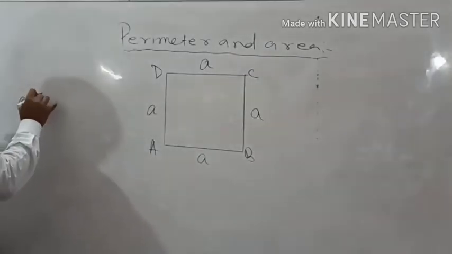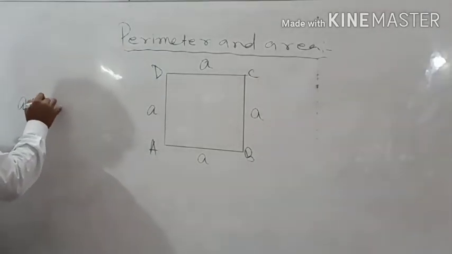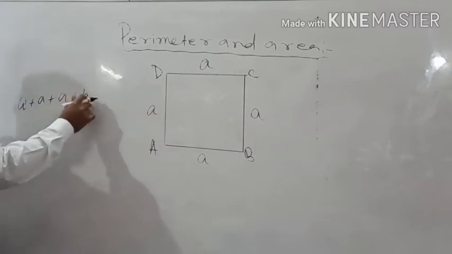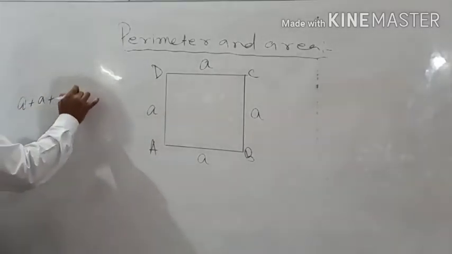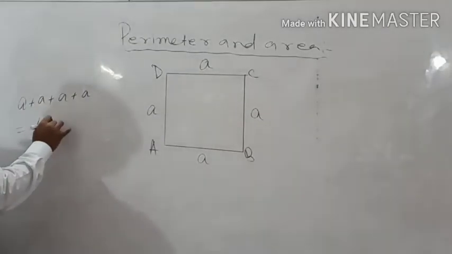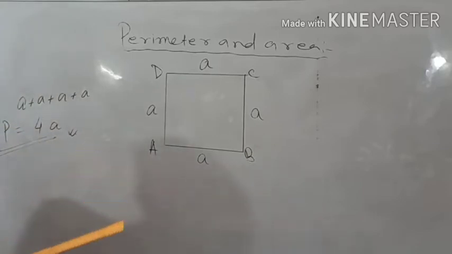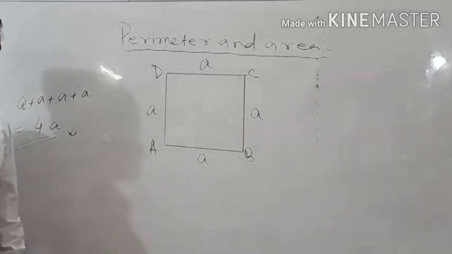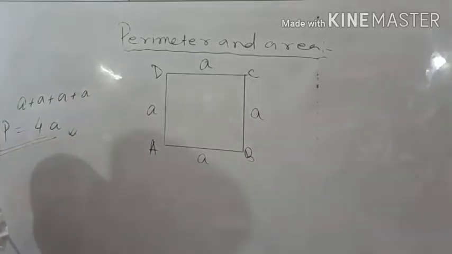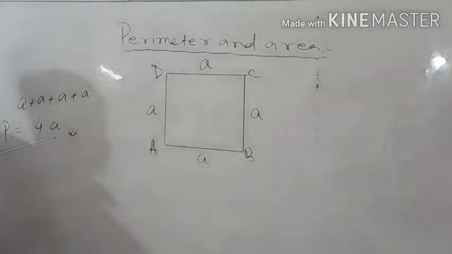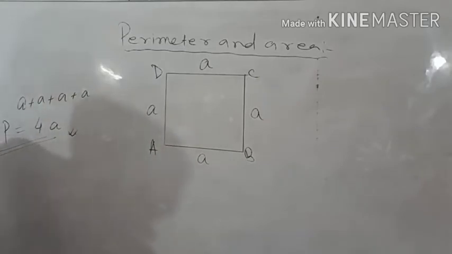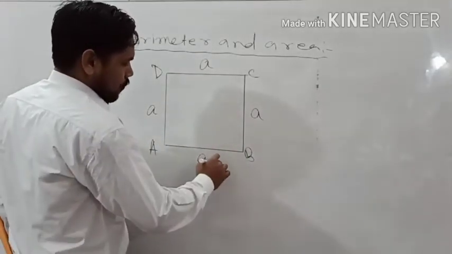So here can you see A plus A plus A plus A. So how many times A? 4 times A, right? So we can write 4 into A. This is how we write that the perimeter of a square is equal to 4 into sides or 4 into A. A को अगर हम लोग साइड कंसीडर करते हैं तो 4 into sides डायरेक्टली हम लोग करते हैं. इसको अगर ऐड करके भी करते हो तो काफी लंबा हो जाता है, इसलिए डायरेक्टली यूज टू मल्टीप्लाई, बिकॉज़ द मल्टीप्लिकेशन इज आल्सो द रिपीटेड एडिशन ओनली.